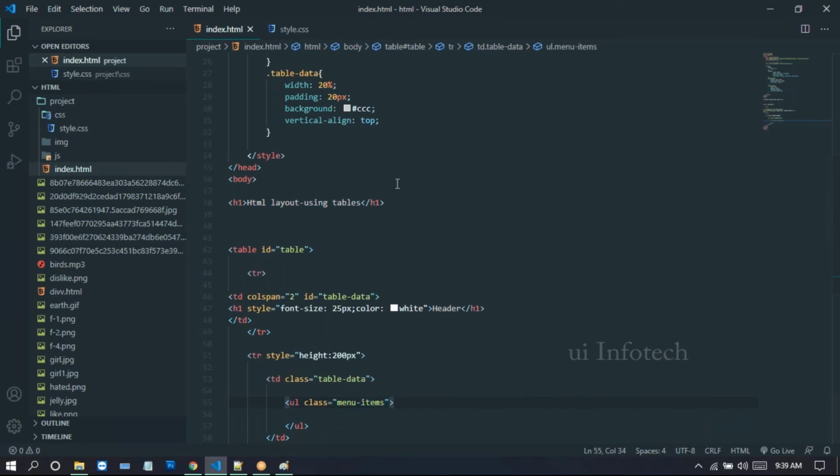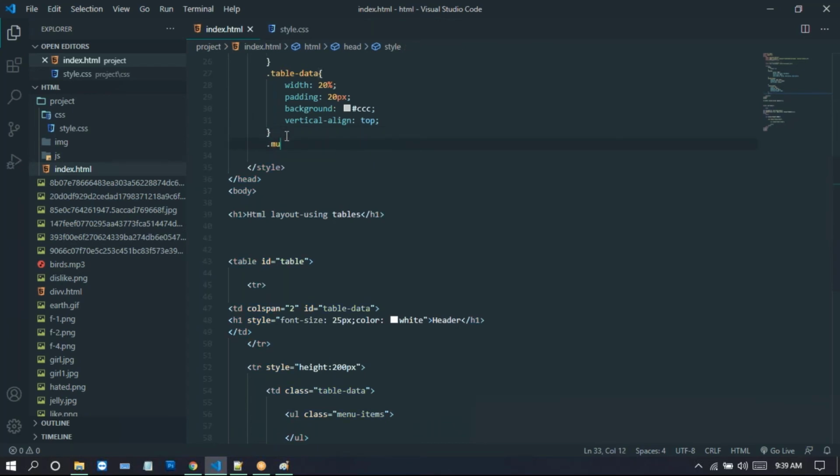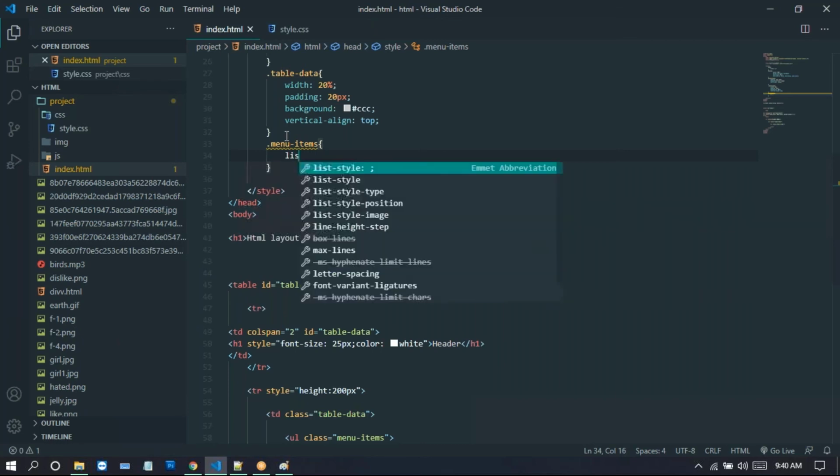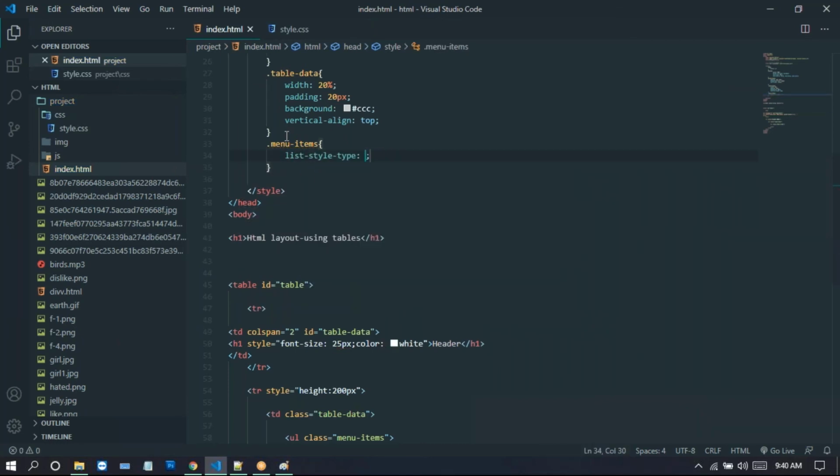Now go to this style, and we can write the menu items. For these menu items, we need to apply the styles. I'm taking list-style-type none. It will remove the bullets.